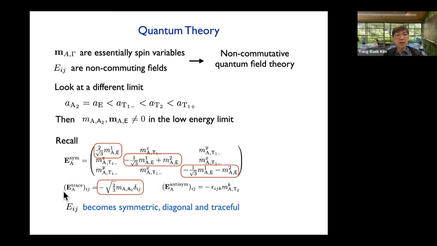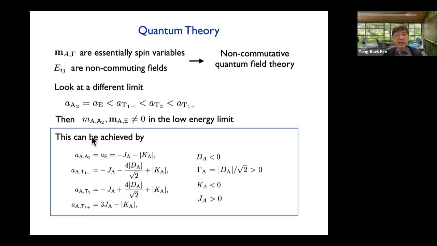So my electric field is still a rank 2 tensor, but now it's symmetric, diagonal, and traceable. So it's a somewhat different theory, but nonetheless, it's still a legitimate rank 2 gauge theory. And it turns out we can actually solve this quantum model. And also this can be achieved by choosing some